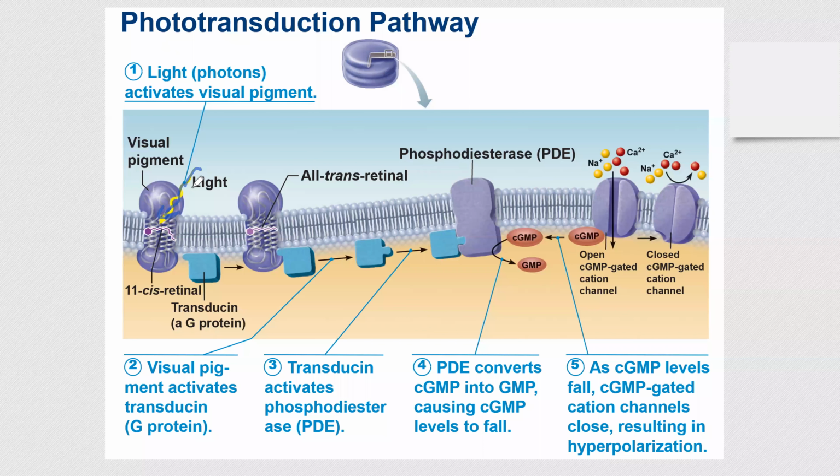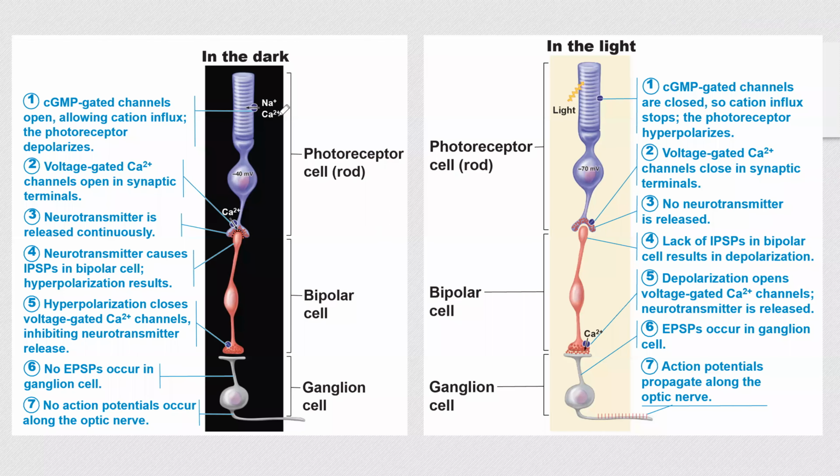So when we don't have light, then the channels are open, right? That makes sense. So channels are open, and it's shown over here. Your channels are open because it's dark. Sodium and calcium move in, and it causes depolarization, because if cells are negative inside and you move positive inside,